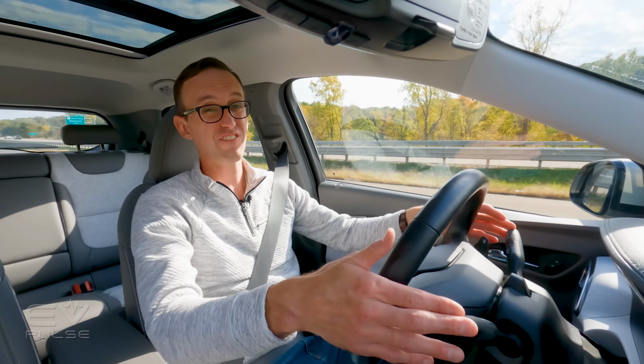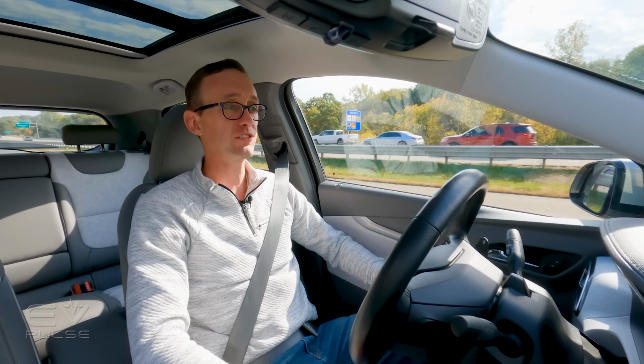Aside from these control stalks that feel super cheap, there are a few things about this vehicle that I do not like,